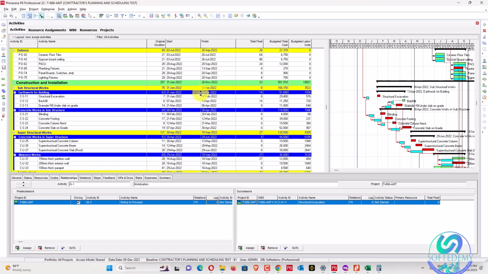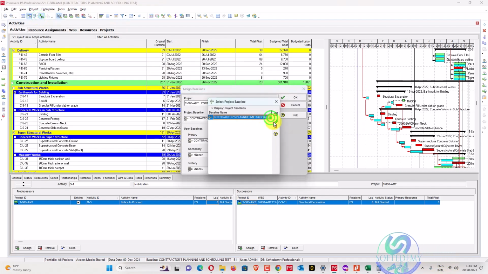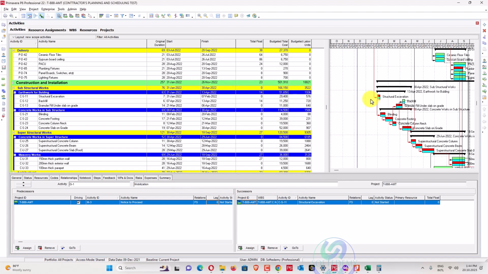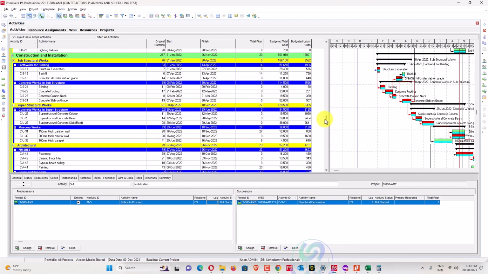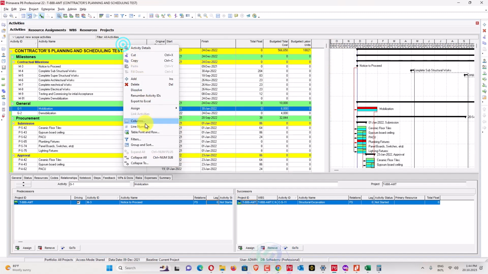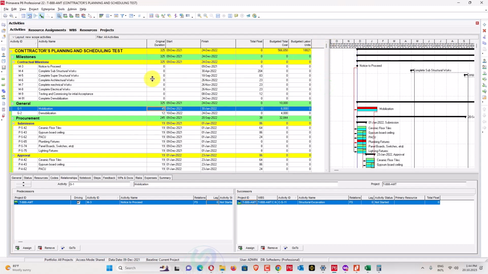Okay, so it will be critical now. We'll go here, assign, maintain. Remove this one baseline. You can understand now that when you remove this one, this issue will be resolved. Now you can see here, the issue has been resolved. Go here. Also you can see after doing that, the dates will be changed now.